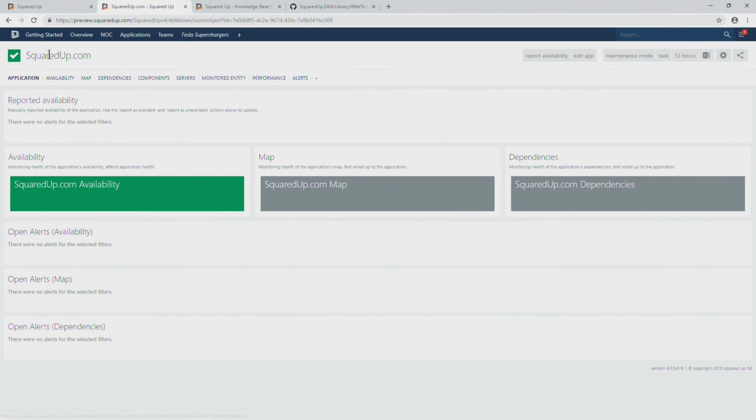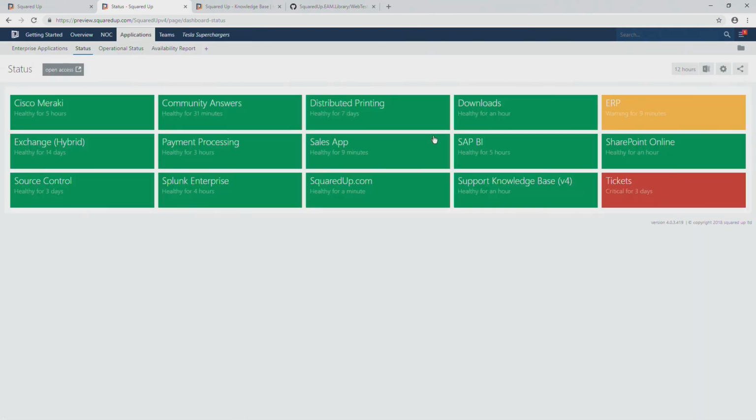So if you notice for the squareup.com EA, the map and the dependencies are empty, because we don't actually have those components inside SCOM in this environment. They're all up on a managed platform anyway, so we don't have anything we can monitor at this time. So for now, we have just put this up until we develop a management pack for the site. We actually just put this as an availability only EA, but that still means we can create these consistent dashboards here where we can model this along with the rest of our other stuff